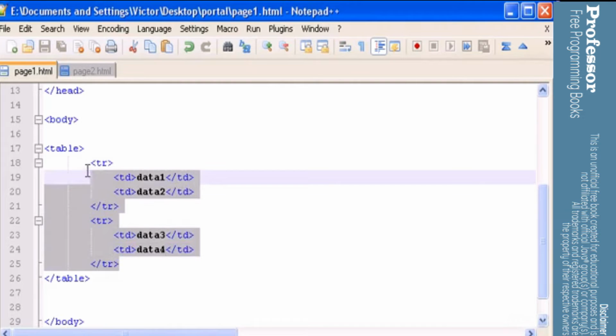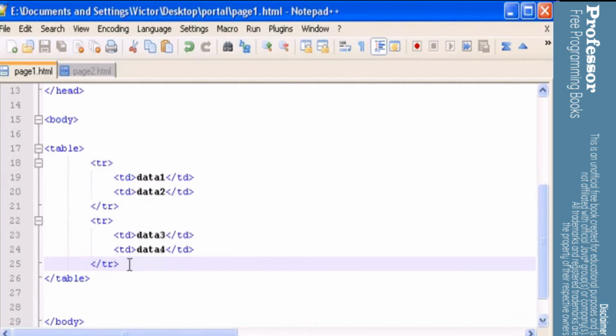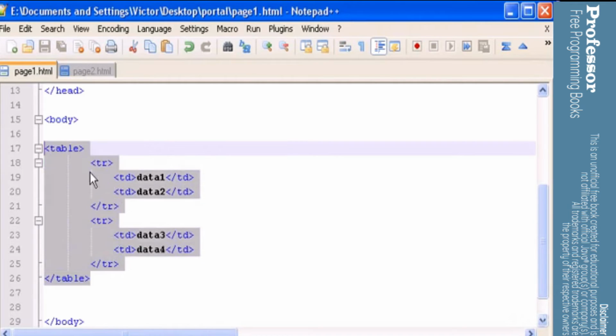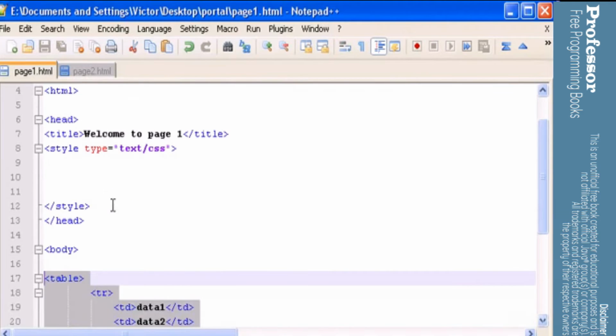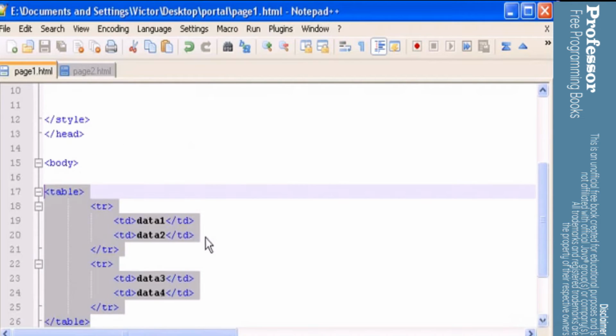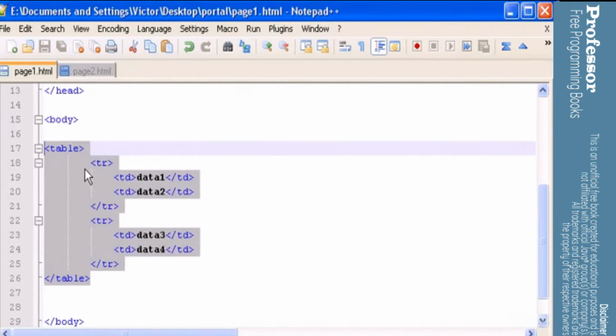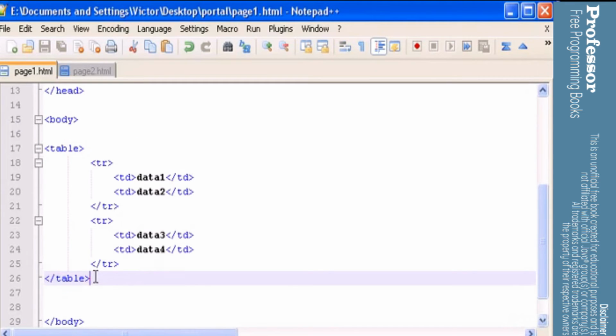Okay, so we have to remember that we must do the XHTML code to be as simple as possible and minimal code as possible. And then in CSS we can change the properties, colors, sizes, whatever we want to change. We do it in CSS, okay? The decoration, we do it in CSS. So then we will have a nice and clear code on XHTML